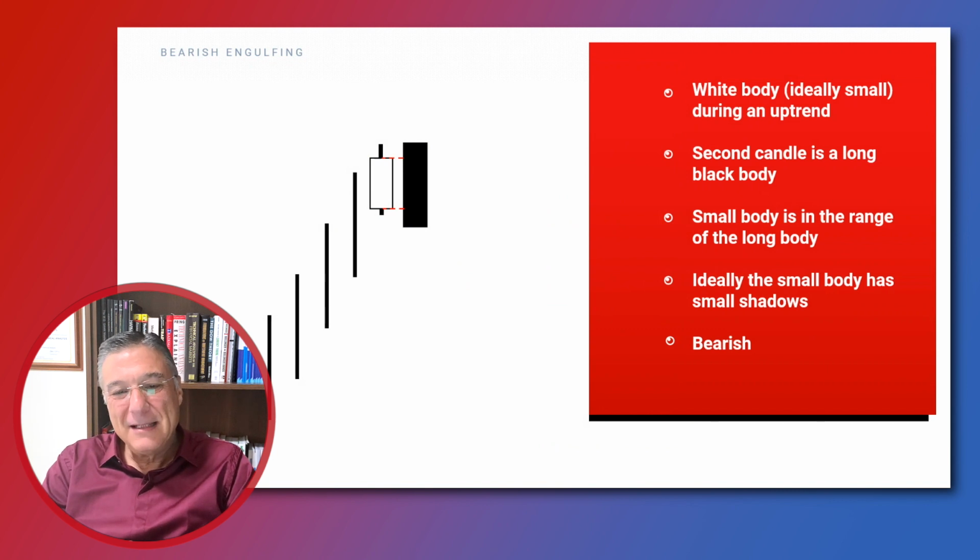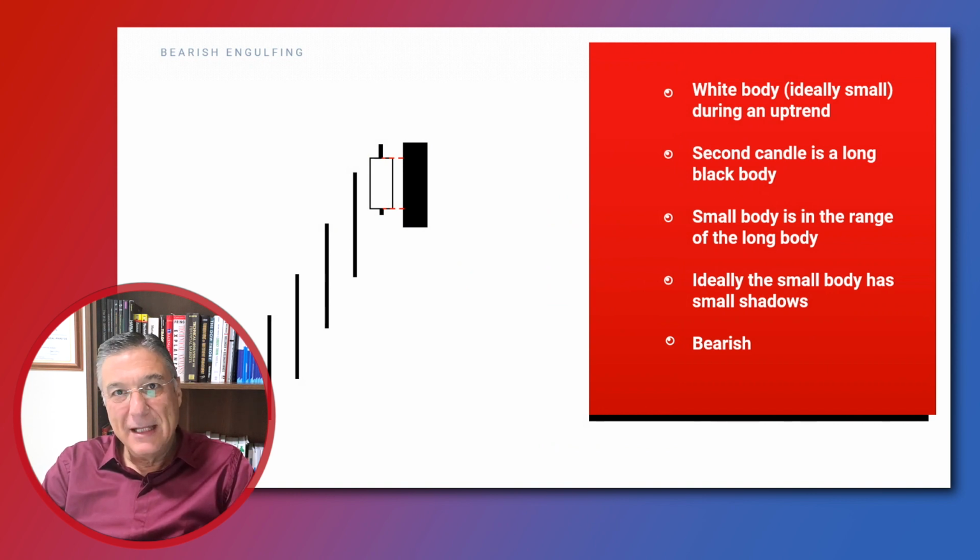The pattern is identified at the top area of an uptrend, and it consists of a small white body followed by a long black body. The small body is contained within the body of the second candlestick, the long black candlestick. Now, ideally the white body is small and the shadows are irrelevant,